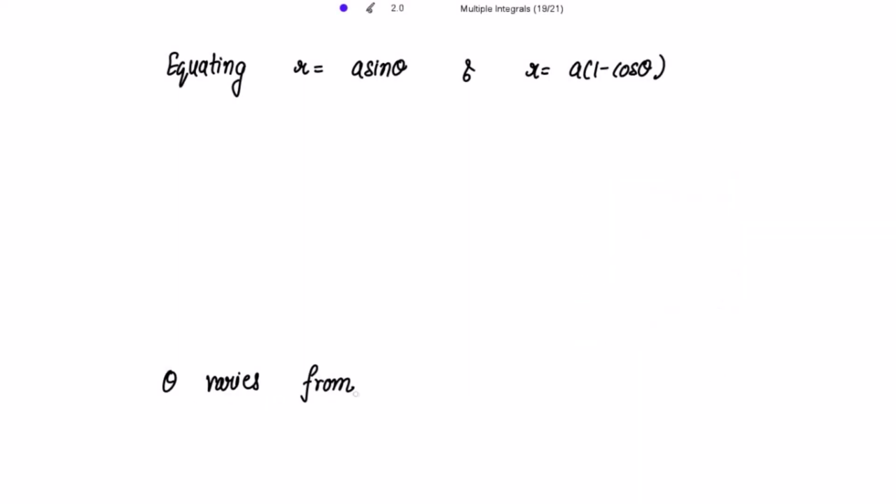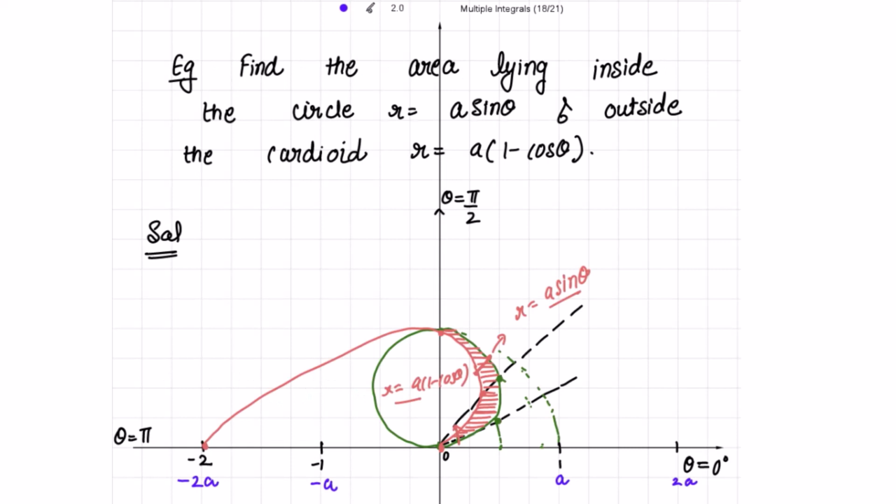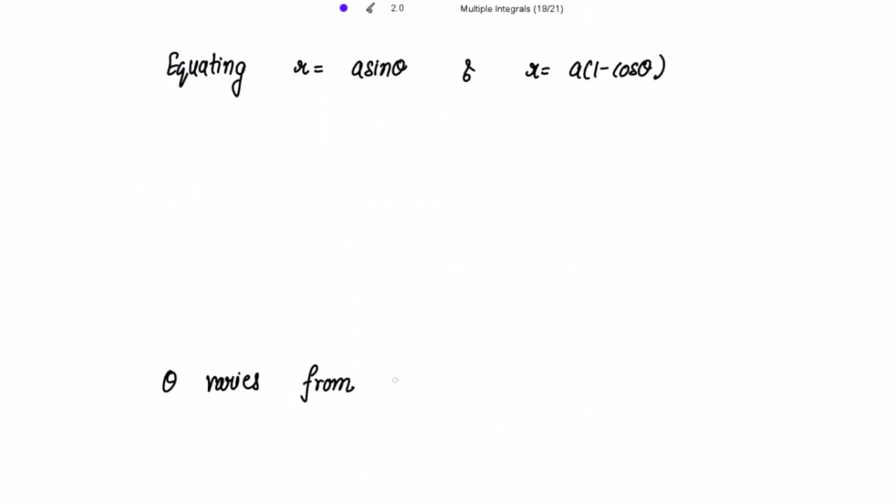So theta will vary from 0 to pi by 2, because the region lies in the first quadrant only. If you want to get the values of theta from the equations, from these two equations, you can also